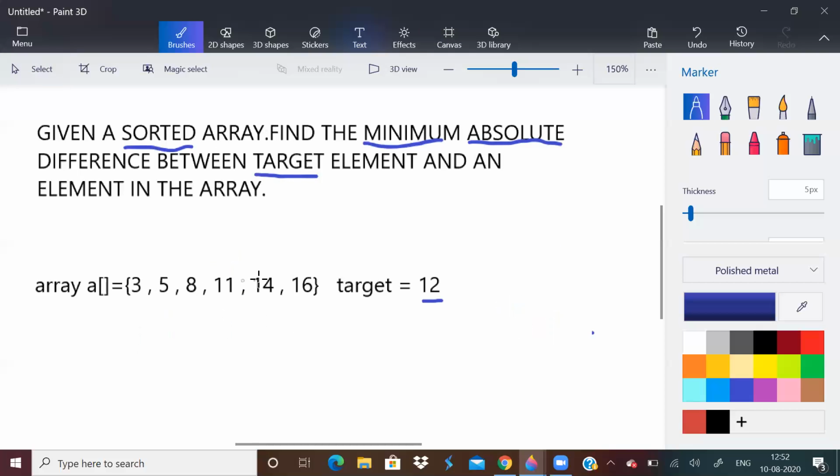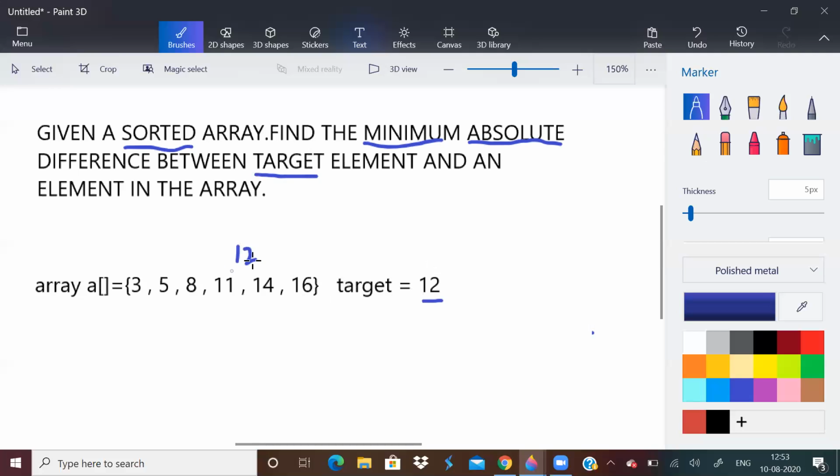When we wanted to find the lower bound, we got this element and this element. Let us place 12 in this array. If we want to place 12 in the sorted array, where would 12 come? 12 would come in between 11 and 14 here.